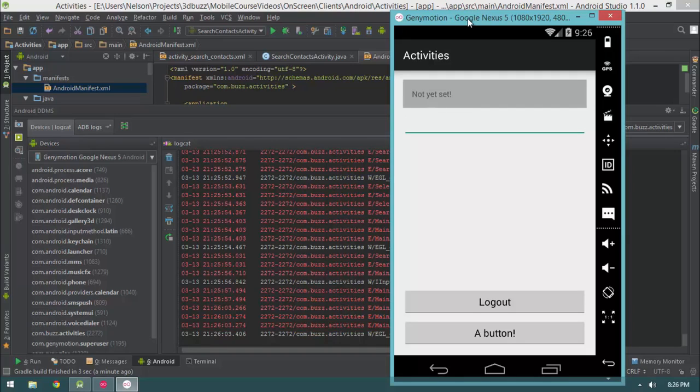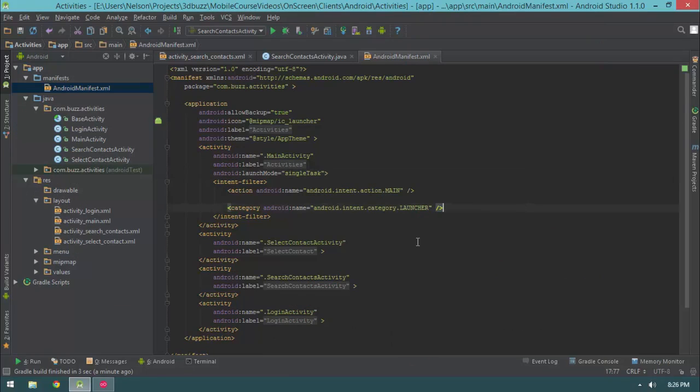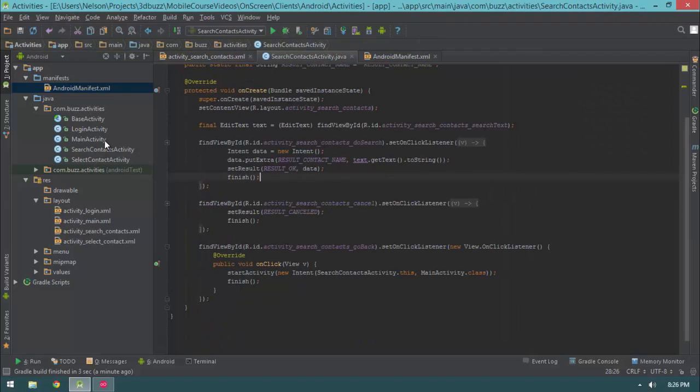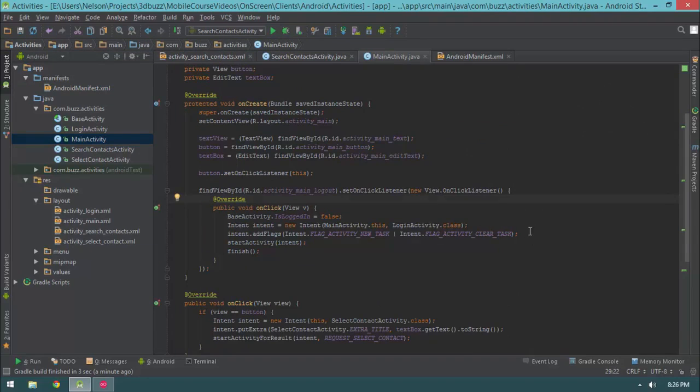Anyway, in this video, we showed you guys 2 ways to manipulate the life cycle of your activities. You have your launch mode on your activity itself, and you also have, let's see, where did I put that? That was in main activity. You also have intent flags that you can add to individual intents. So that's really what I wanted to introduce here. I just want to show you guys that, as well as a couple of other fun things. We'll be expanding on a lot more of this in future videos. So that really about does it